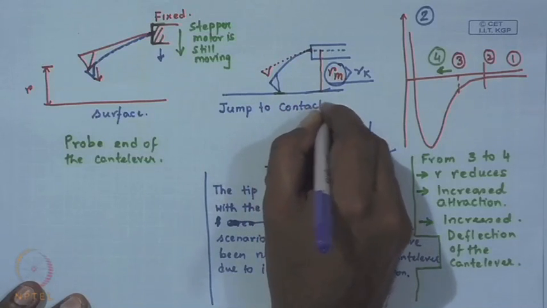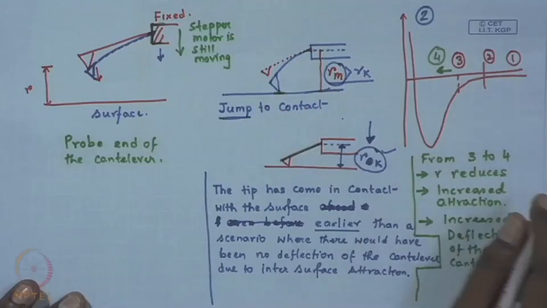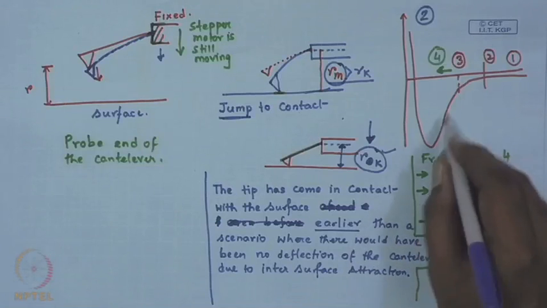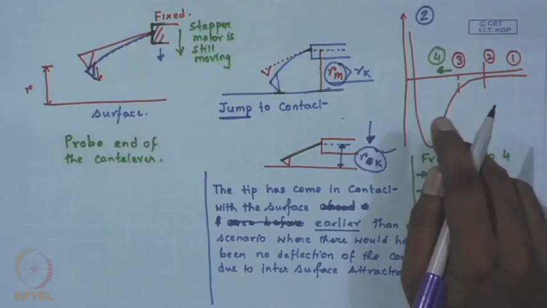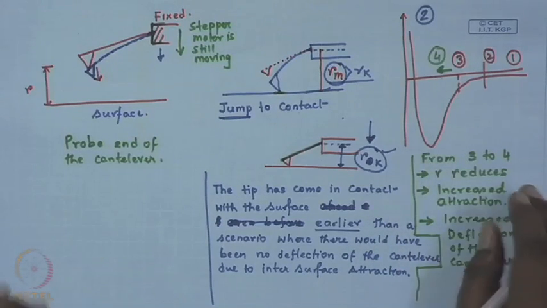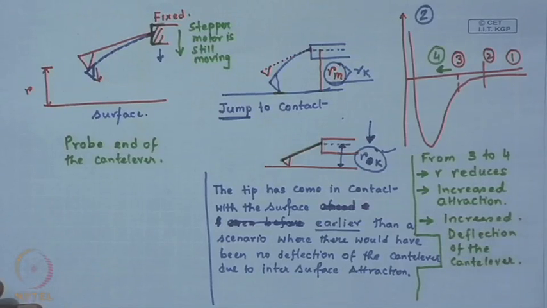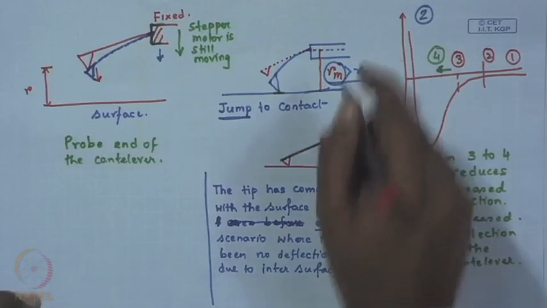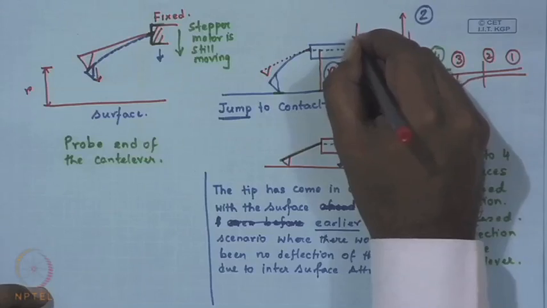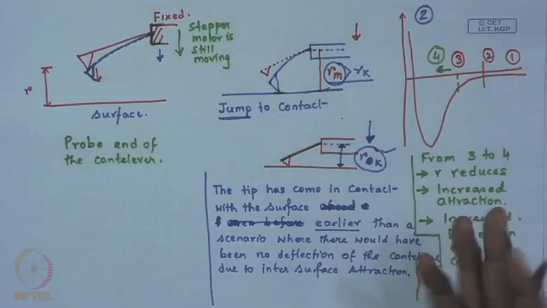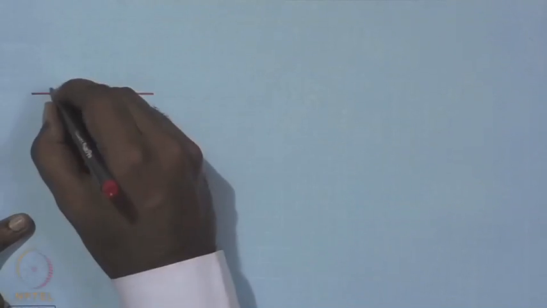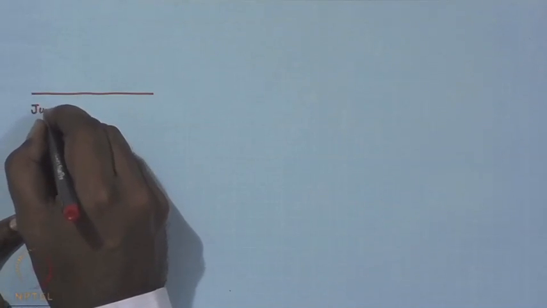And this so called jump is a manifestation of the intersurface attraction between the probe tip and the sample surface. Okay. So, this is what happens. Now, even now you need to understand that the stepper motor has not yet stopped. So, now you are in a situation where jump to contact has been achieved,